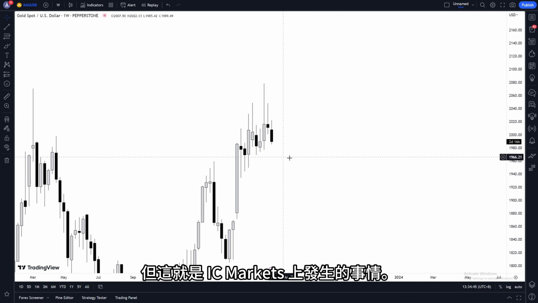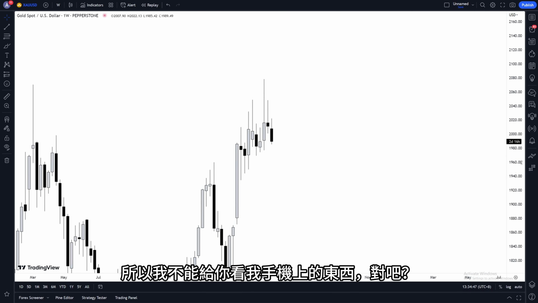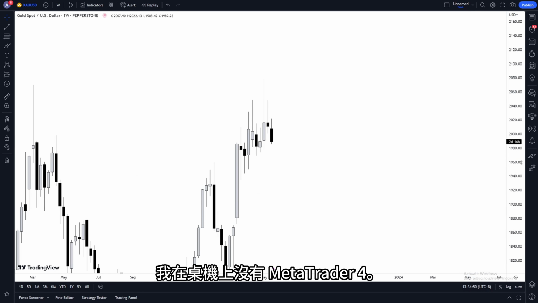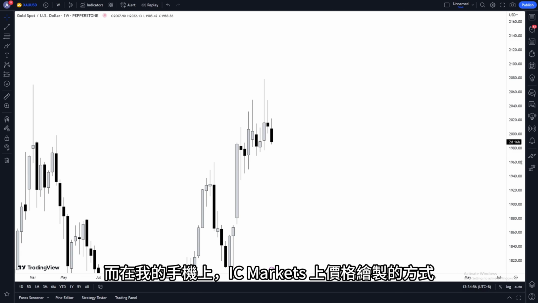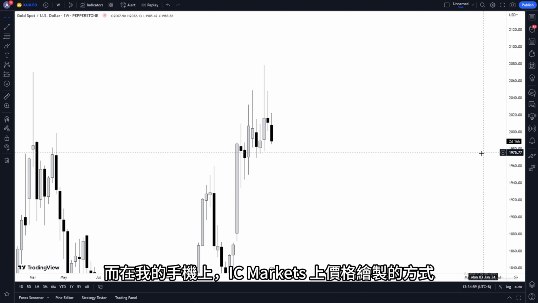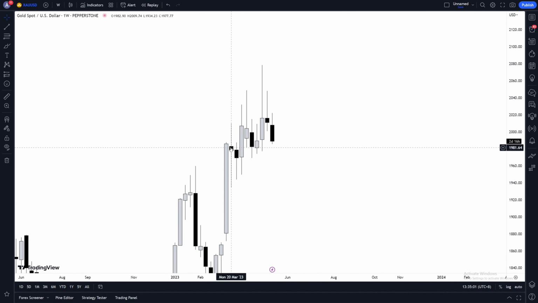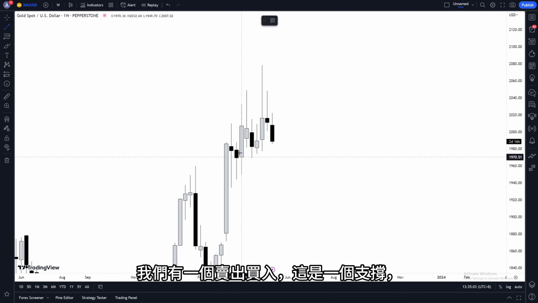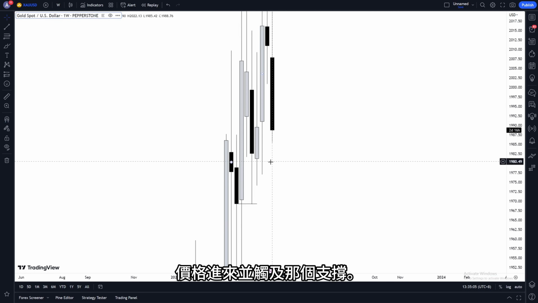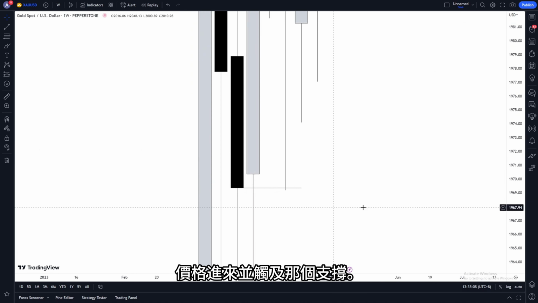But this is what happened on IC Markets. I can't show you what's on my phone, right? I don't have MetaTrader 4 on a desktop. I'm not a caveman. I have MetaTrader 4 on my phone because that's what I use to trade. I only trade using my phone. And on my phone, the way price printed on IC Markets is like this. We had ourselves a sell buy, which is a support,